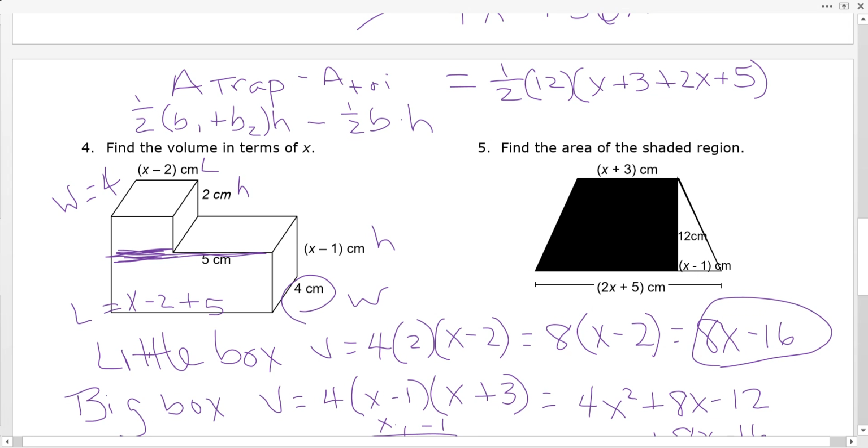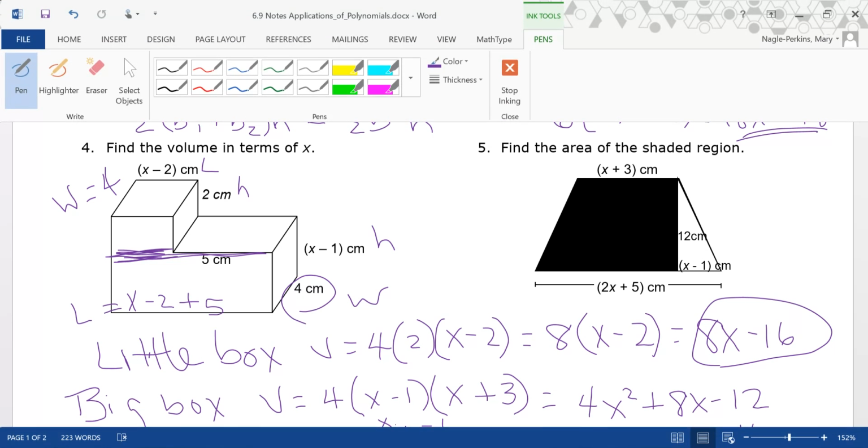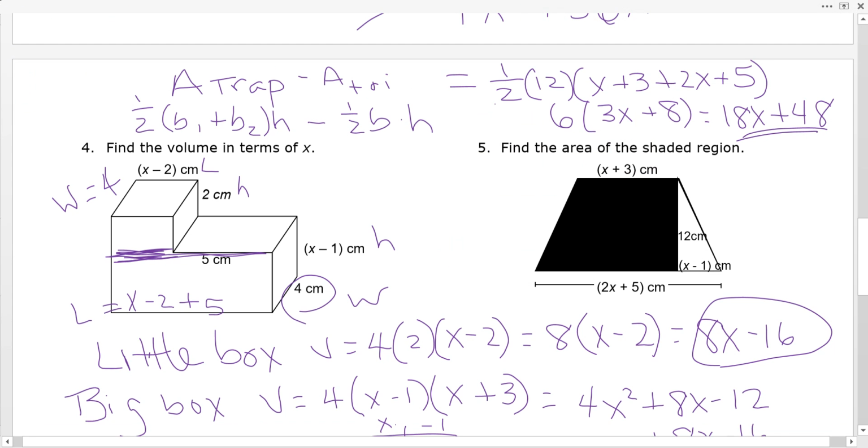So my area of my trapezoid is going to be 1/2 of 12 is 6. 6 times 3x plus 8, which is 18x plus 48. So that's my trapezoid. And I'm going to find the area of my triangle. I should switch colors. That would have made this better. So you can see. Okay, so the area of the triangle